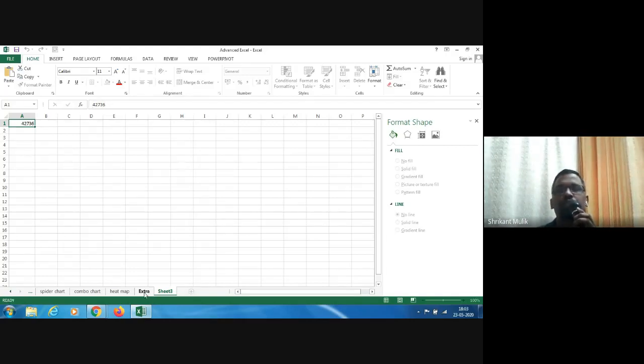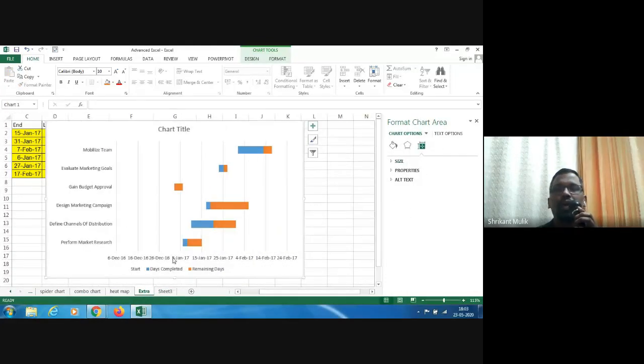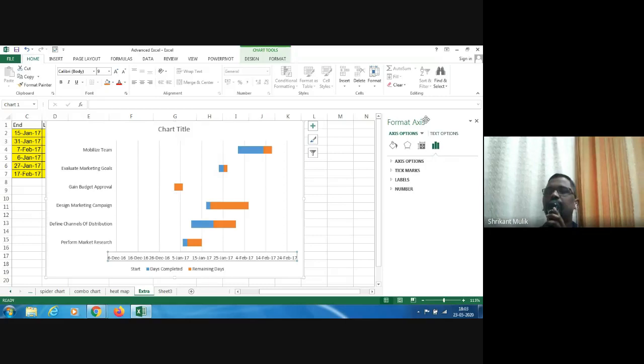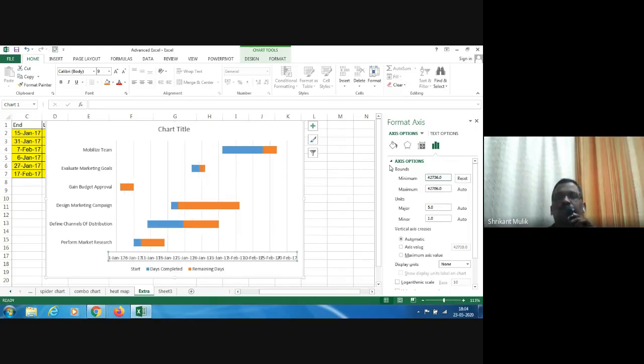Okay. Now I do a very smart thing here. I pick this up again, go to the axis now and look at the options. Okay. I go to the axis options, go here, and I have a minimum. So this axis, what you see is what you get by default, right? But you can always change it. And I will change the minimum. I'll put that number. These numbers are again the number of days from 1st January 1900. I put that and now I got it. If you see it, it starts with 1st Jan. And this particular task, gain budget approval, started on 2nd Jan and it goes on from there.